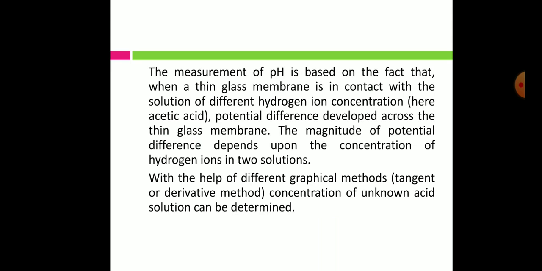The measurement of pH is based on the fact that when a thin glass membrane is in contact with solutions of different hydrogen ion concentration, here it is acetic acid, a potential difference develops across the thin glass membrane. Across this glass membrane there are two H plus ion solutions. One is 0.1 M, that is fixed, which is present in the bulb, and the other one is on the outside of this bulb, present in the beaker, and that is our test solution. So a potential difference develops across this glass membrane, and the magnitude of this potential difference depends upon the concentration